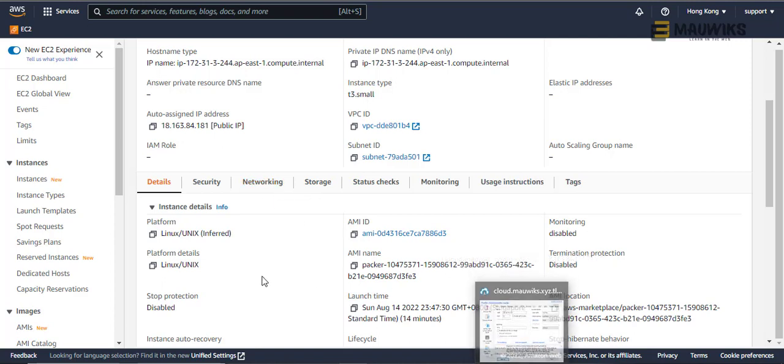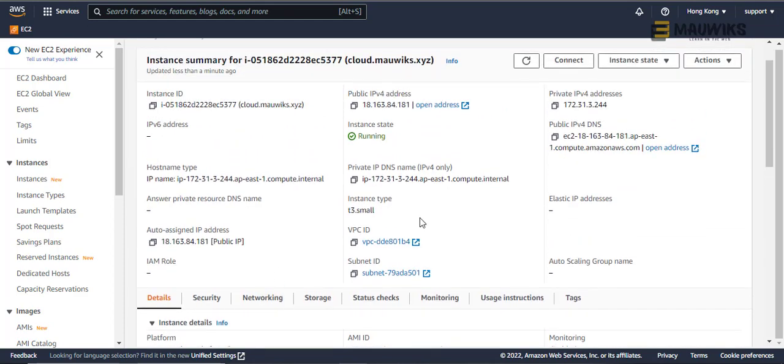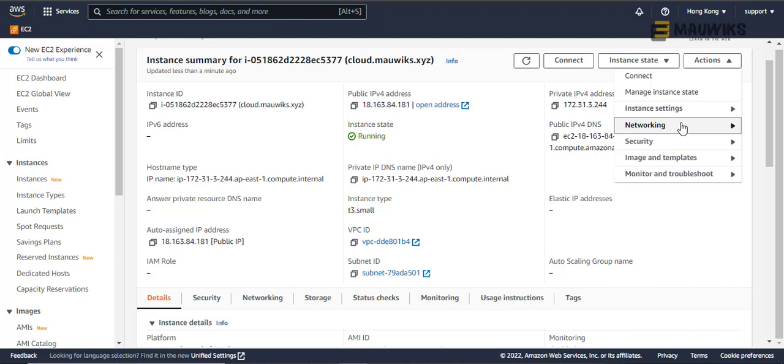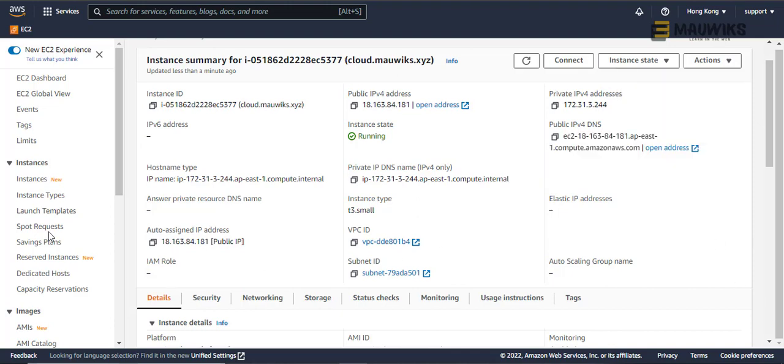So what you want to do for your case, if you don't have an existing security, or network security groups that work,